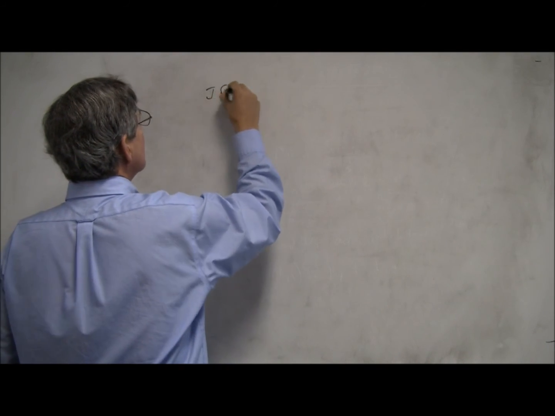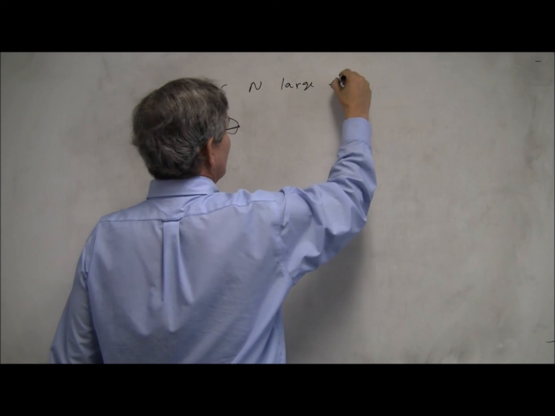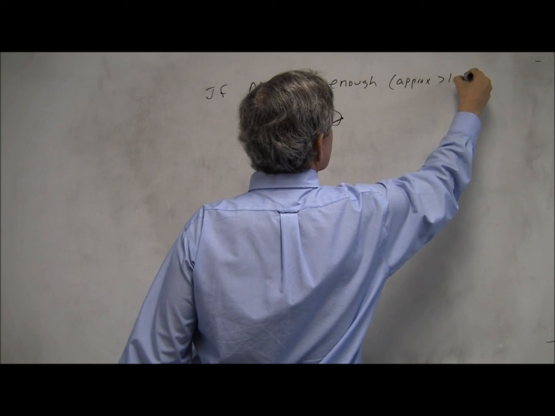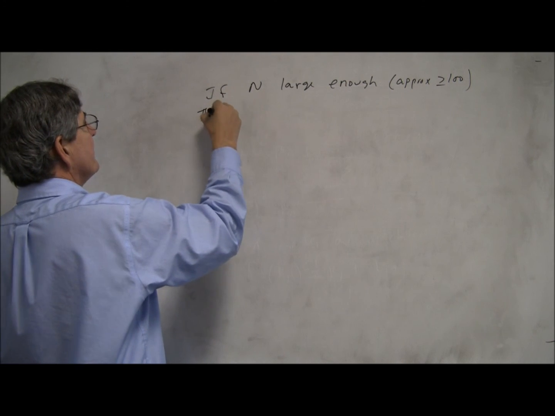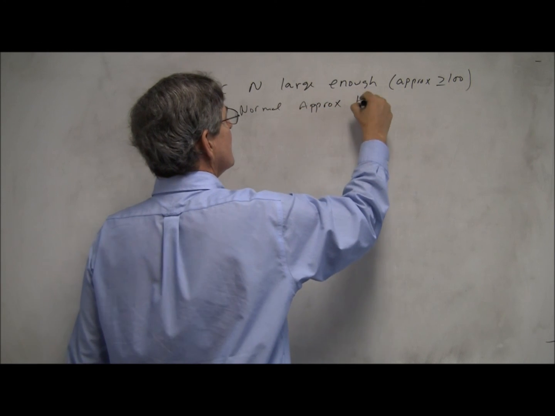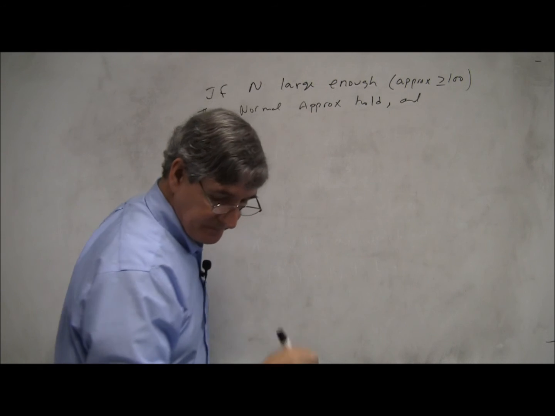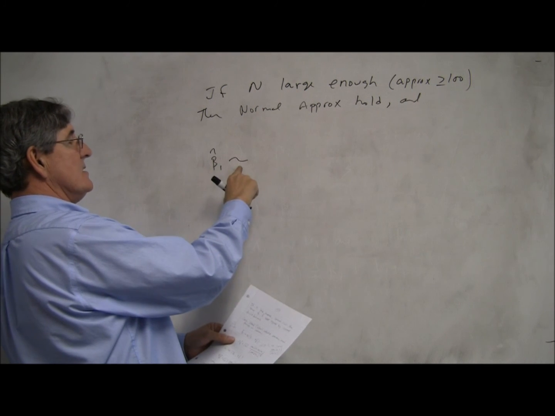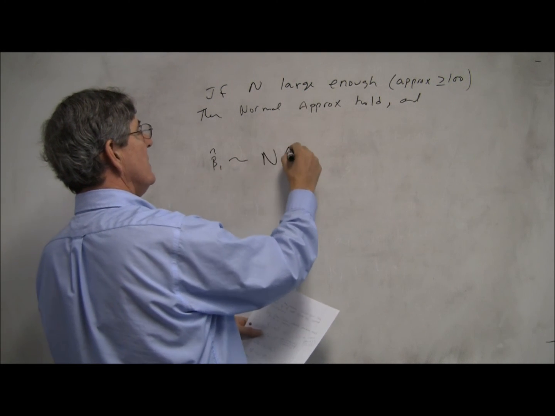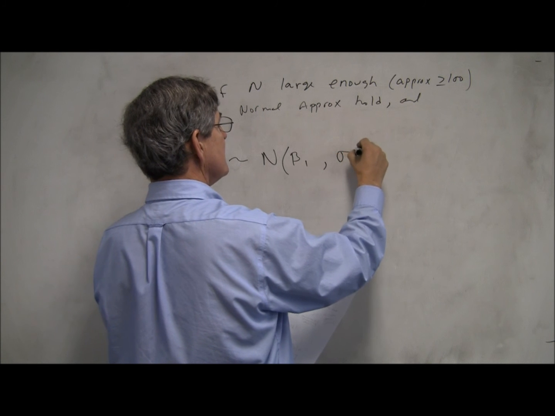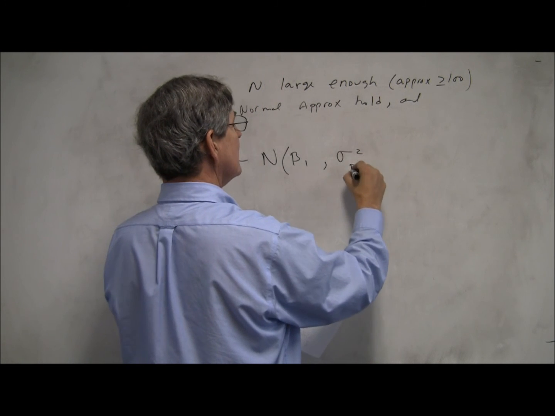So what are the distributions of beta naught hat and beta 1 hat? If n is large enough, let's say approximately greater than 100, then the normal approximations hold. Beta 1 hat will be distributed normal with a mean of beta 1. We just showed that the expected value is beta 1, and a variance of sigma squared beta 1 hat,